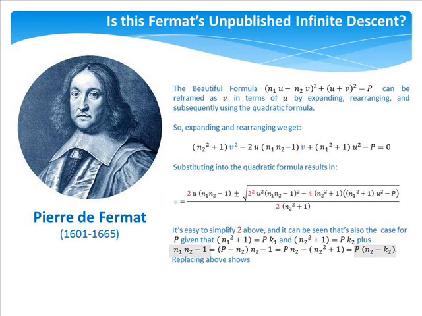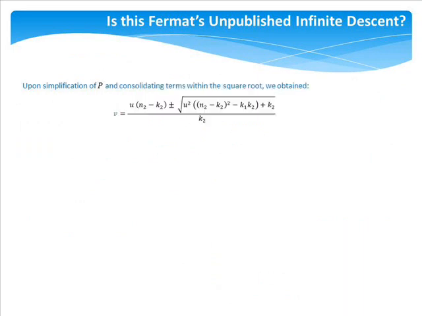Adding to that the product of n sub 1 and n sub 2 minus 1 equals P times the difference of n sub 2 and K sub 2. Replacing those above shows that P can be cancelled. Upon simplification of P and consolidating terms within the square root, we obtain